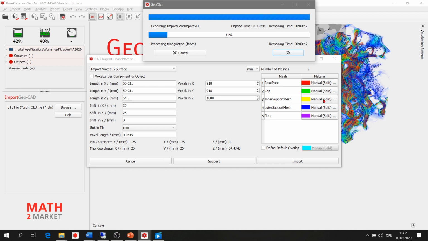Because as you can see here, now every material is solid, which is also correct for these first four materials. But for the pleats, we have to change the solid into porous.